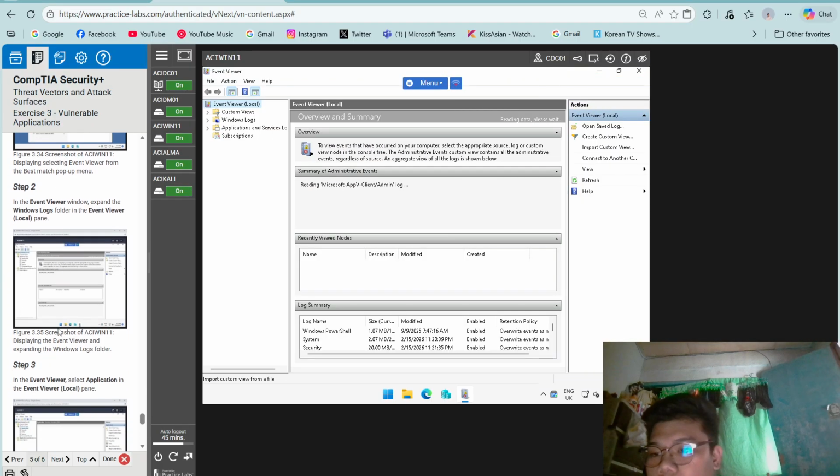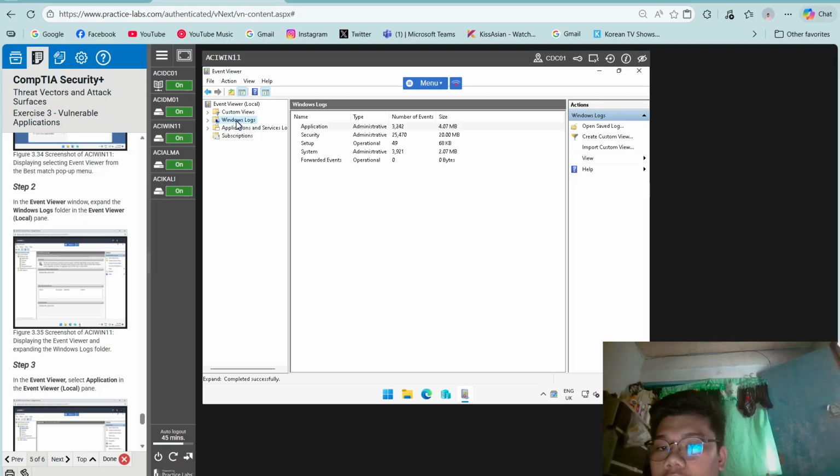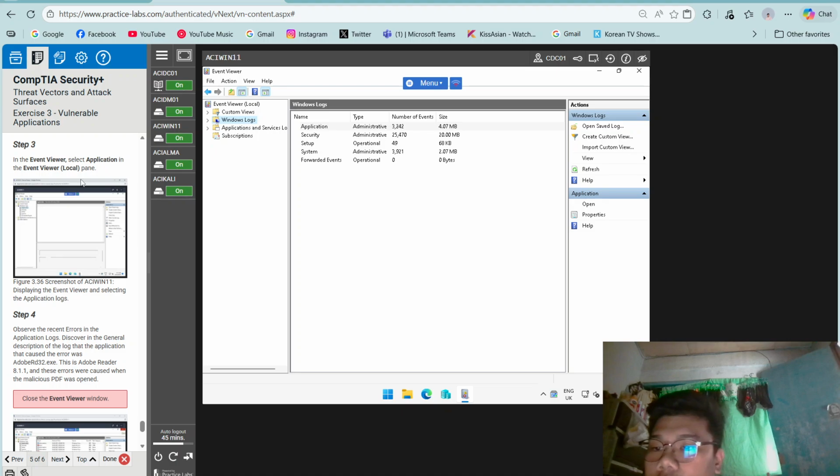In the event viewer, expand the Windows Logs folder in the left pane. Then select Application in the left pane.